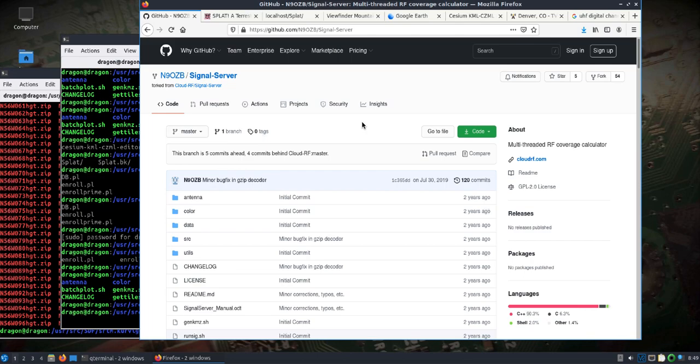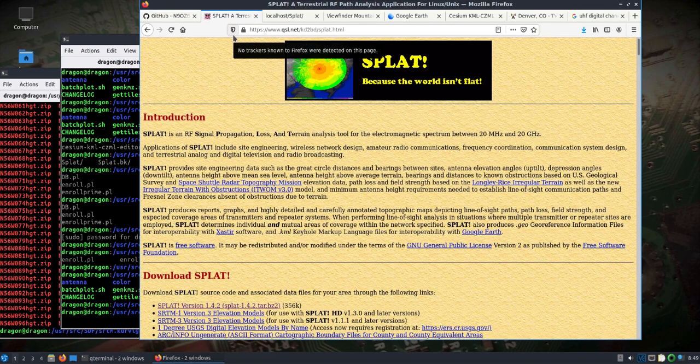We can take a look at Signal Server and Splat, which I have Signal Server pulled up on the screen here. It's an open source multi-threaded RF coverage calculator based on Splat, which Splat is short for RF signal propagation loss and terrain analysis tool from 20 megahertz to 20 gigahertz. You can read all about it here, but what caught my attention was